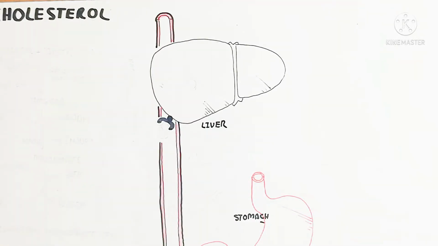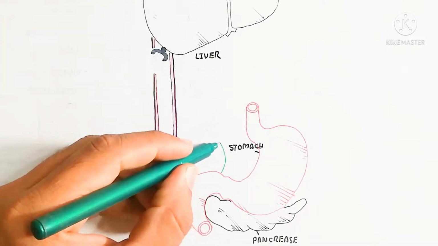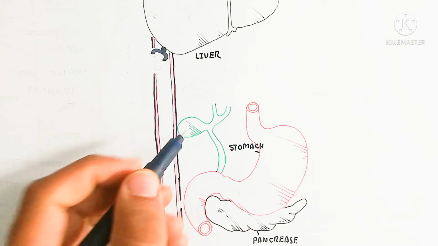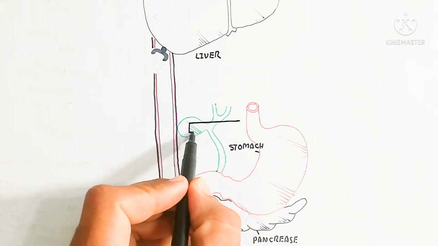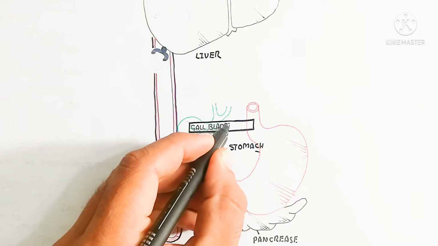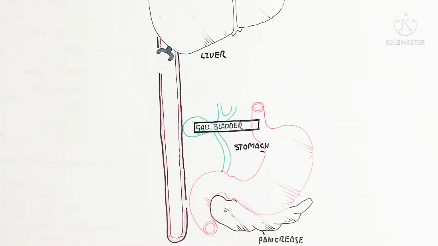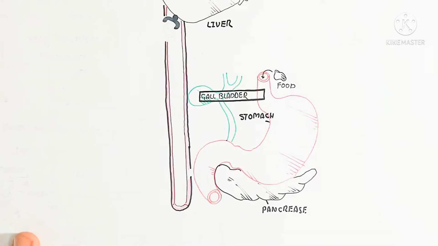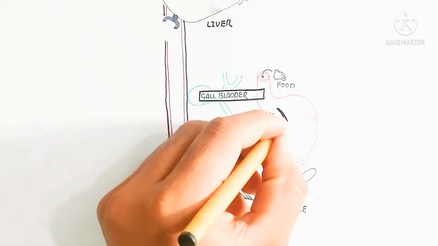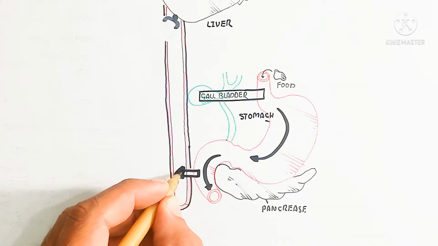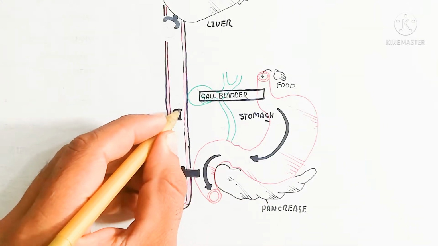So let's begin to understand from the food. When we intake food, here is the gallbladder, which contains bile. So remember that. The bile also contains cholesterol, which is the extra cholesterol in our body, stored in the gallbladder. When we intake fatty food, this fatty food is